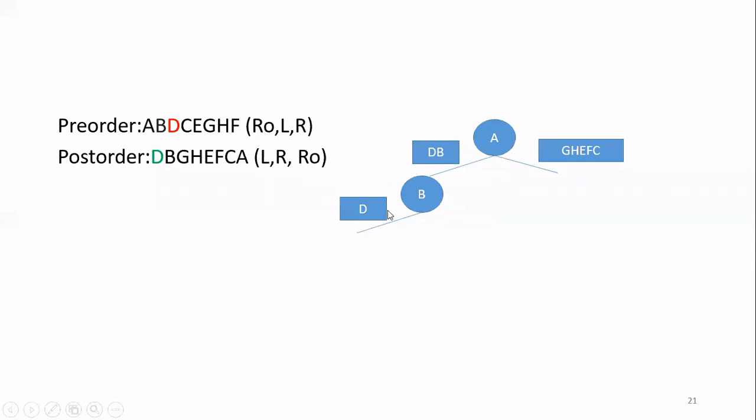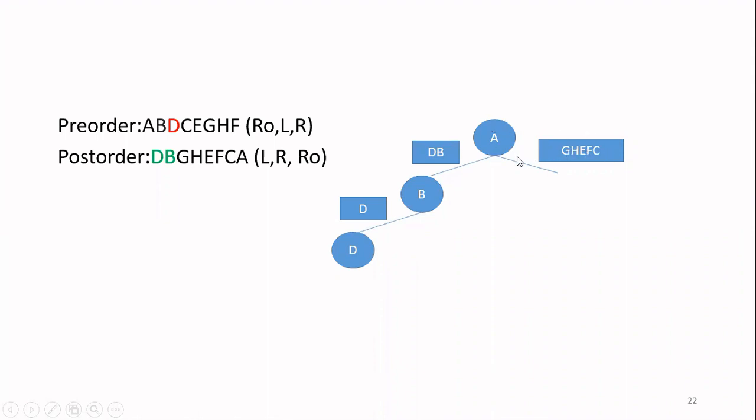Now, again, go to this part because you have one node here. Since you have only one node, no need to consider anything further. Just draw that node in this part. Okay, so now we have finished the left part of the root node. Now, let us focus on the right part of the root node.